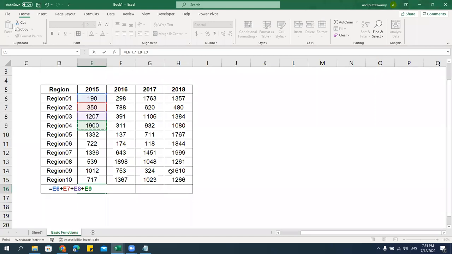But imagine there are 10,000 records like this. It will become very difficult to keep on mentioning one cell reference plus another cell reference. It goes on like this. It is not the right way. What is the right way? The right way to get the total is equals